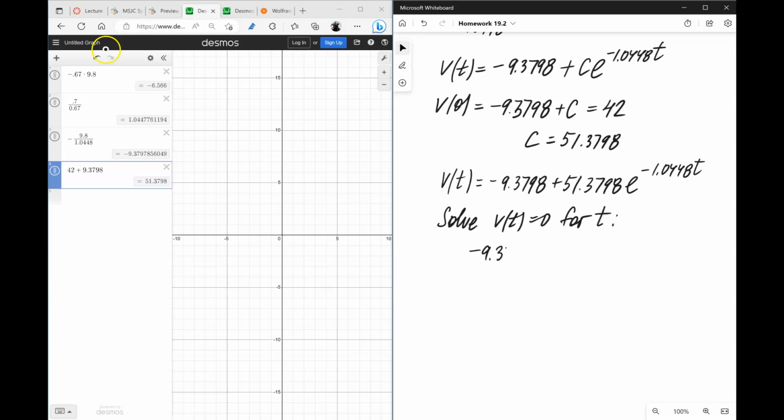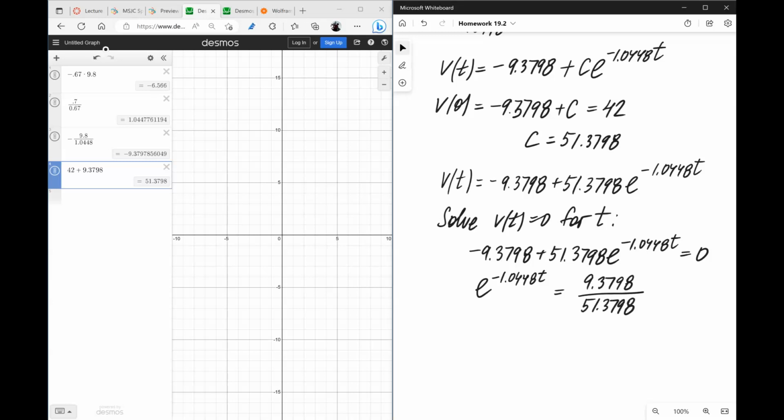So we set this equation up, and t will be equal to 1 over negative 1.0448 times ln